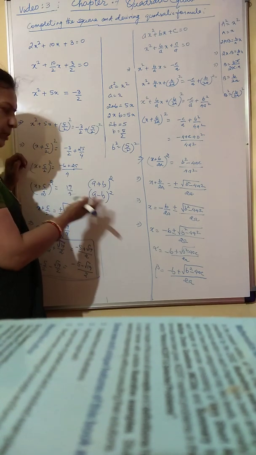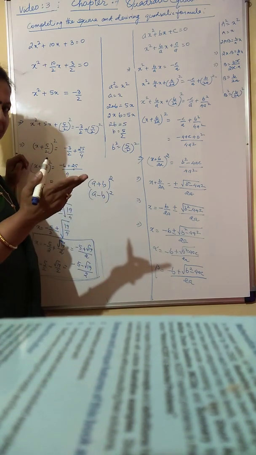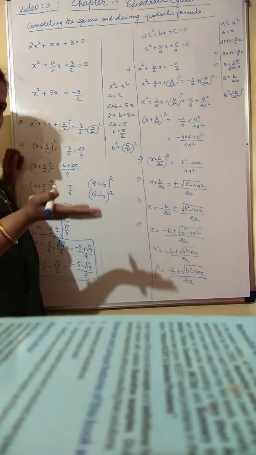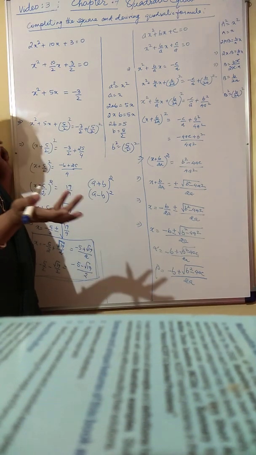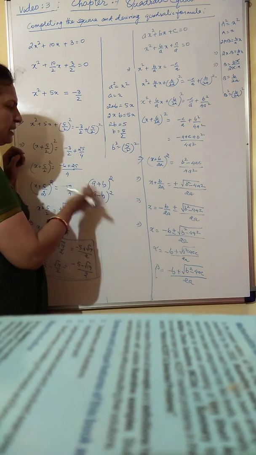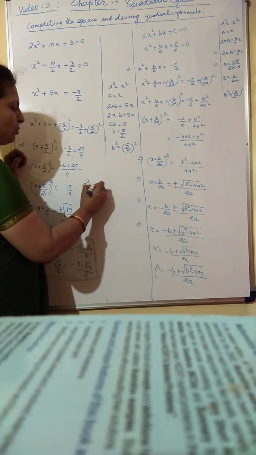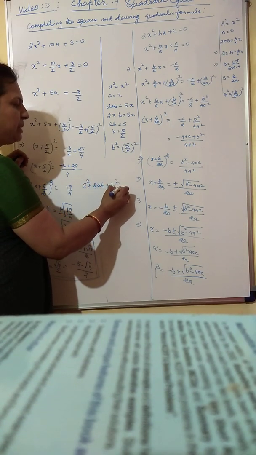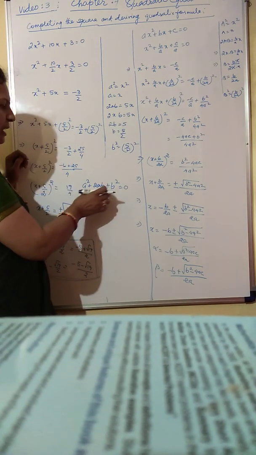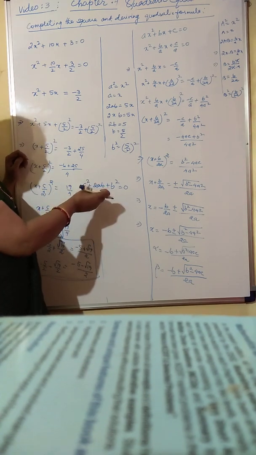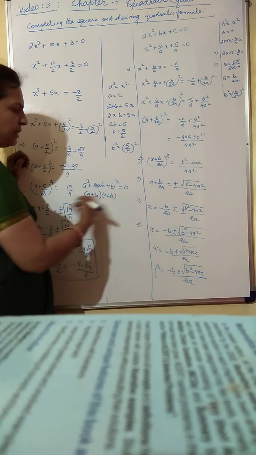Now to complete this square, what is it that we require? We require three terms, where two of the terms are perfect squares, and the third term, which is the middle term, is 2 times the product of a and b, the first and the second terms. So if I write any equation in this form, a square plus 2ab plus b square equal to 0, say, then this is a complete square. Square meaning that this equation has two equal factors in the form of (a plus b) into (a plus b).